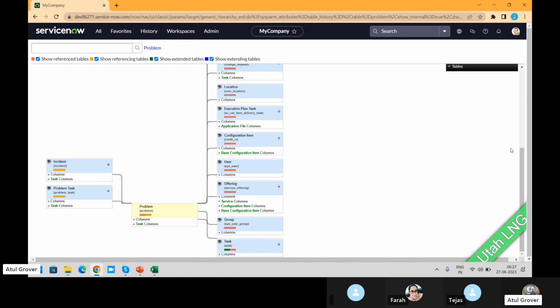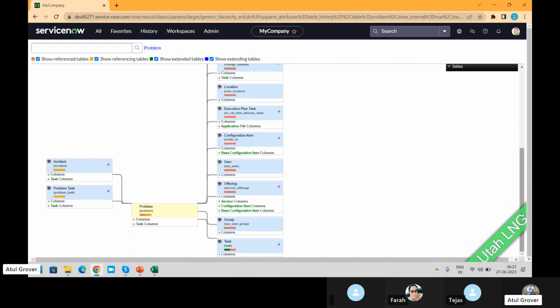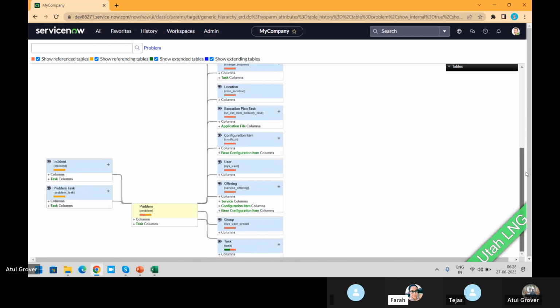We have done all tables, right? Change must be there, I'm sure. Exactly, because the change can reference a problem. Okay, this one, change is there. It's a referencing table and change is a reference table.